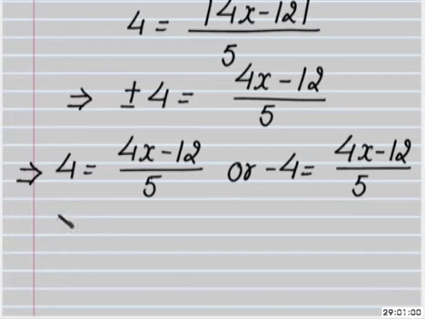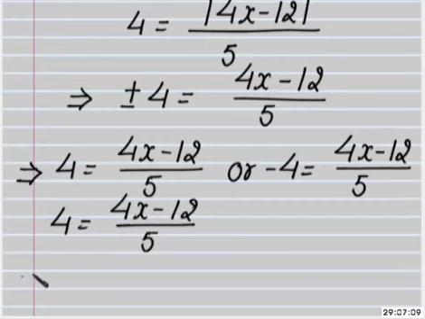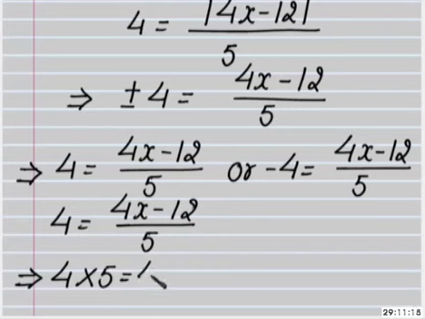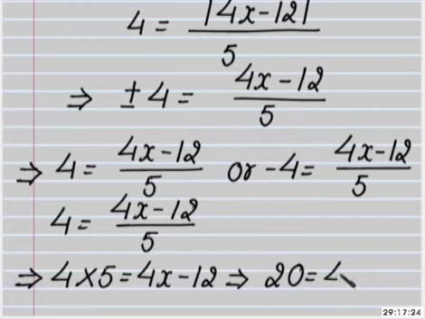Now when 4 is equal to 4x minus 12 upon 5, this implies 4 into 5 is equal to 4x minus 12, further implies 20 is equal to 4x minus 12,